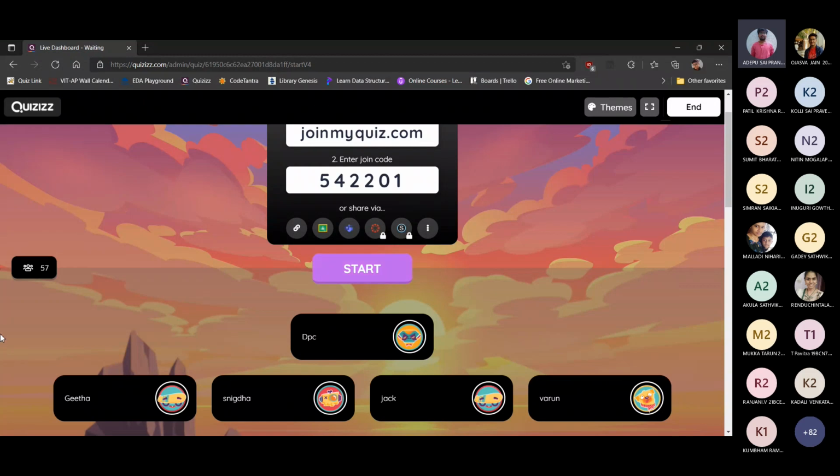And while people are joining the quiz and I'm addressing the doubts, like, can't we use CSS styling tag attributes? Yeah, absolutely. You can use inline styling. That is a bad practice, but you can use it. As I discussed yesterday, the main priority will be given to the other styling over the inline styling.